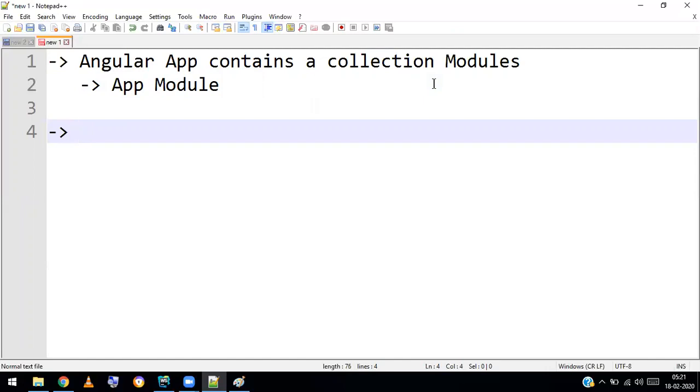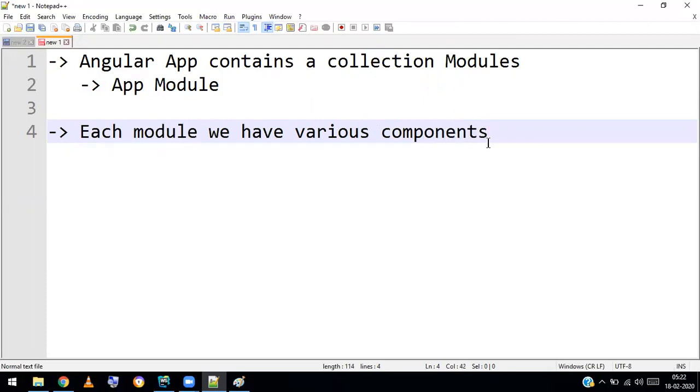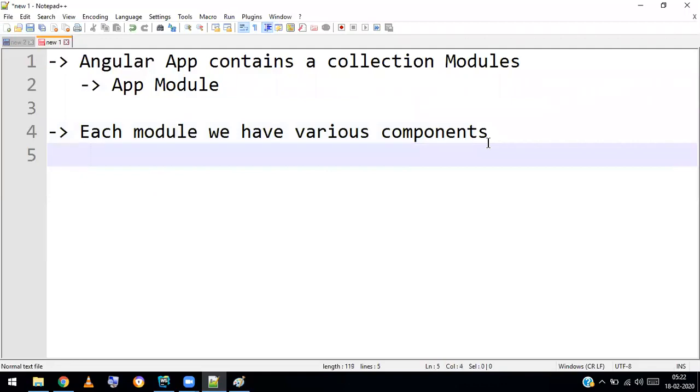Next, each module has various components. For all these components, one parent or root component is given by Angular, that is the app component.